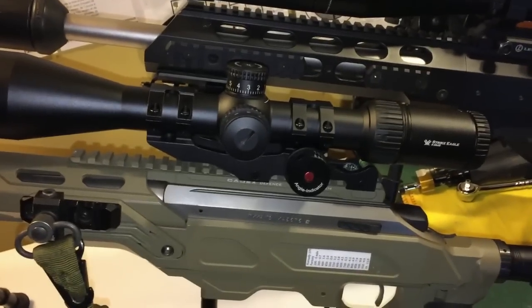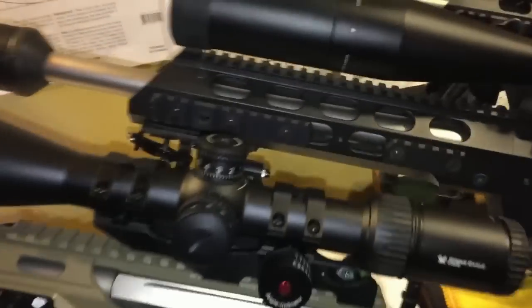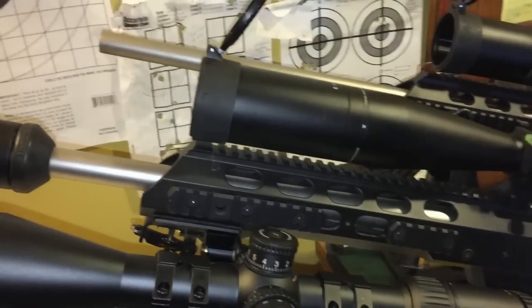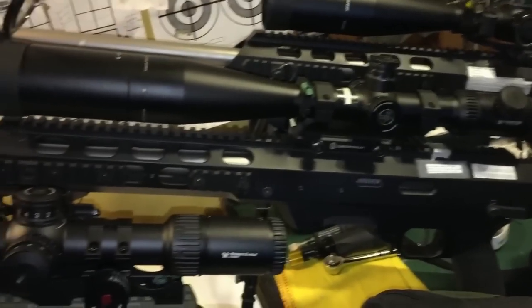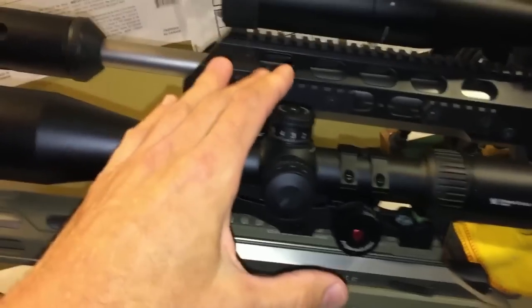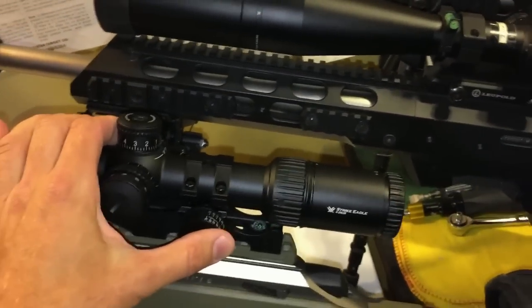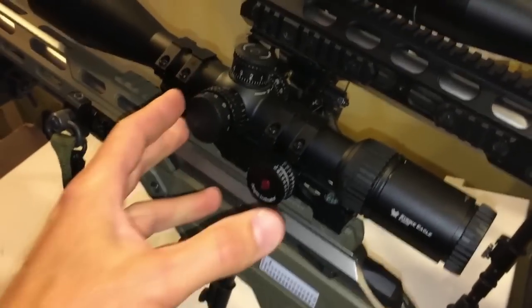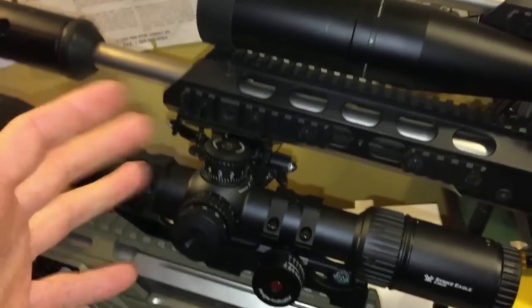The focus of this review, though, is basically these three: the Strike Eagle versus the Gen 1 and Gen 2. The reason I'm giving Gen 1 and Gen 2 is that it is kind of a blend between the two. In many ways, it feels like a Gen 2 PST, with some of the features and benefits and improvements that come in a Gen 2, but it still has some of the